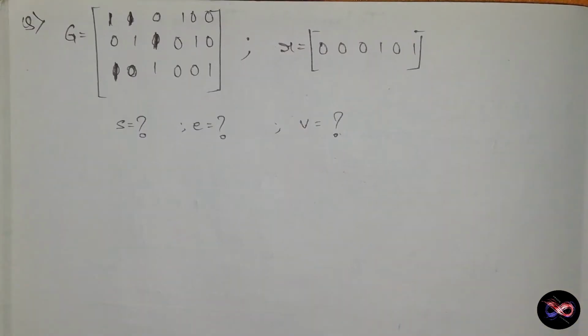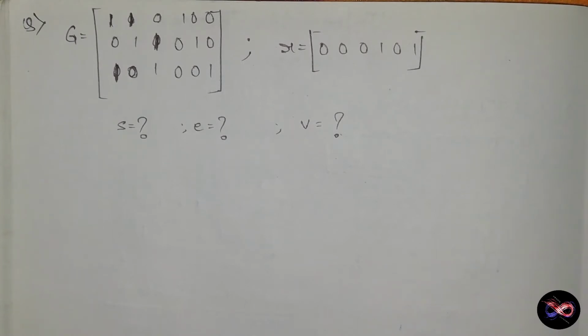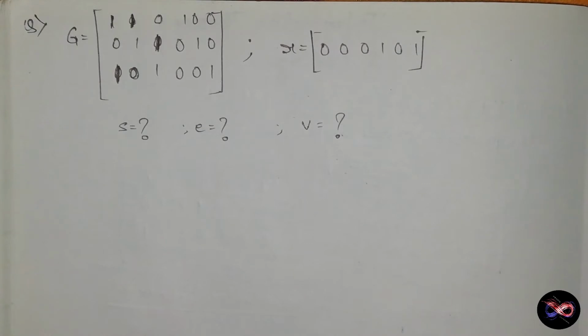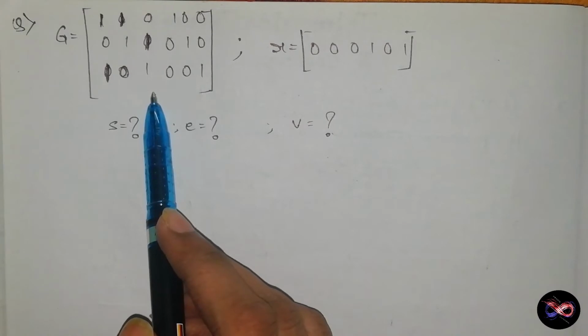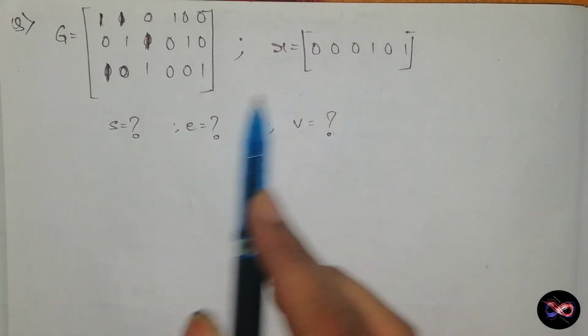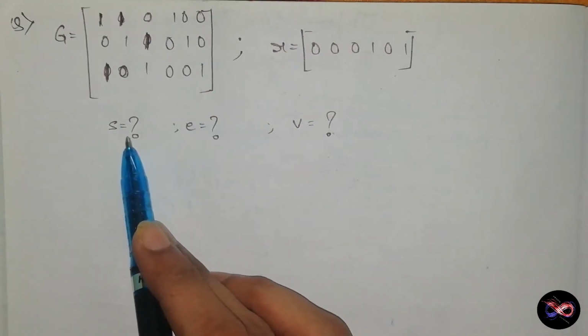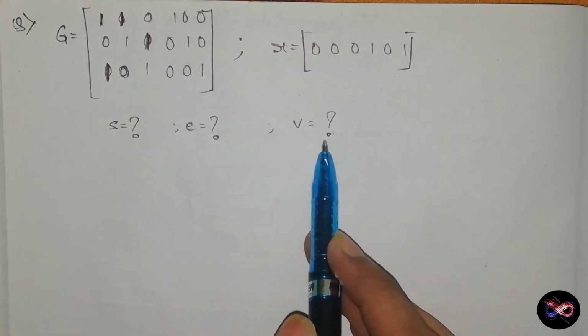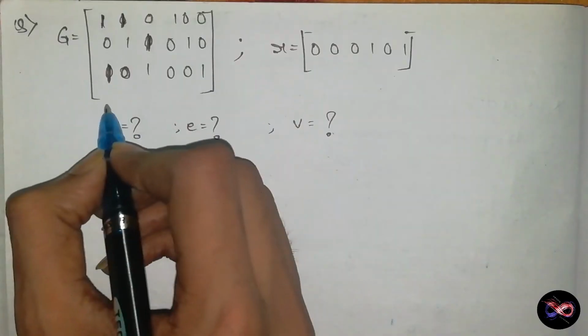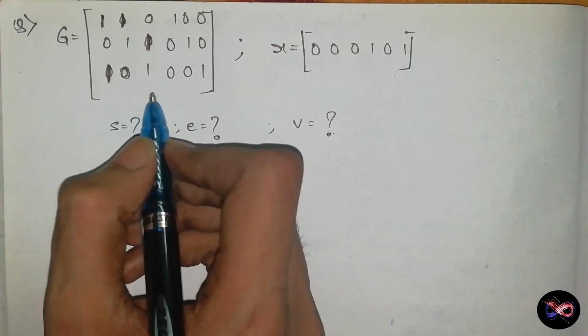So we discussed the decoding table, we discussed the Hamming code, and we already know the application and concept of syndrome, error and reception and transmission of bits. So now let's put the concept into application. Now we will solve this problem where the generator matrix is given as follows and we have the received bits, and we will find out the value of syndrome, error and the transmitted bit, that is the actual code, the transmitted code.